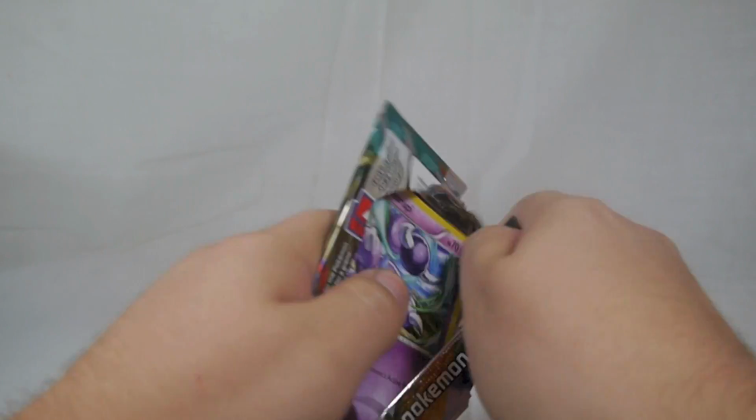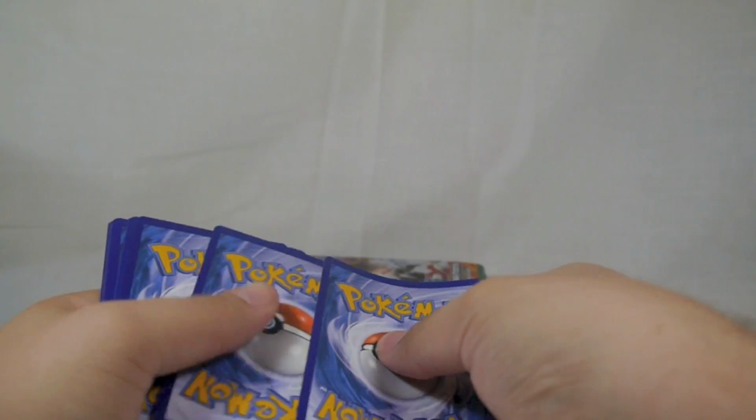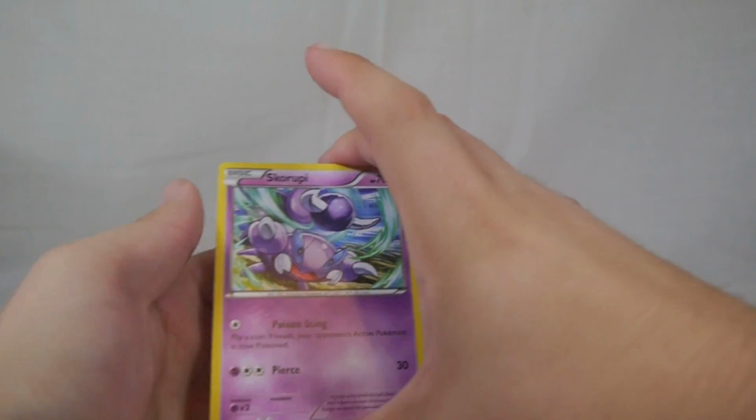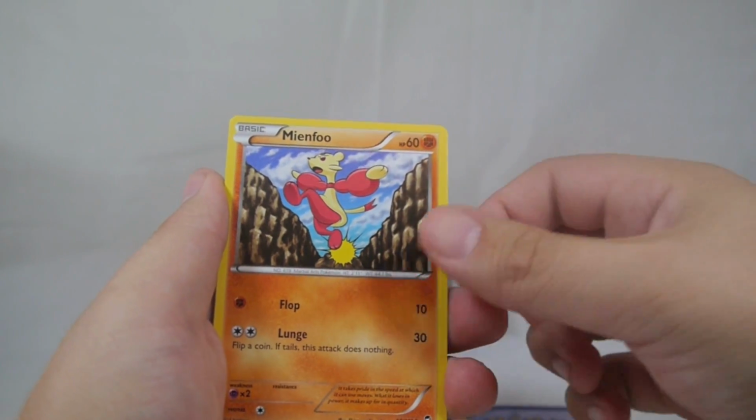At least I'm hoping. My pull rates for Furious Fist haven't been that great, but here's hoping. Alright, so first pack, right off the bat, we have a Skorupi, a Mienfoo,